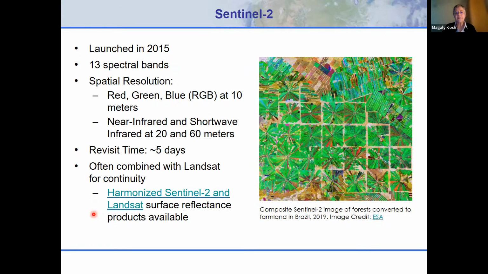Just remember that these images are captured by instruments, and each instrument has its own characteristics, and